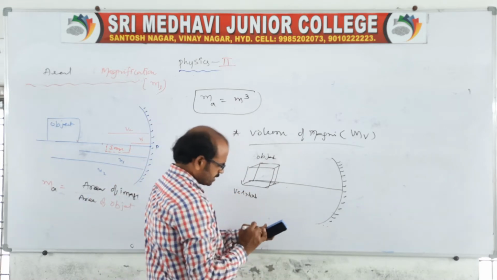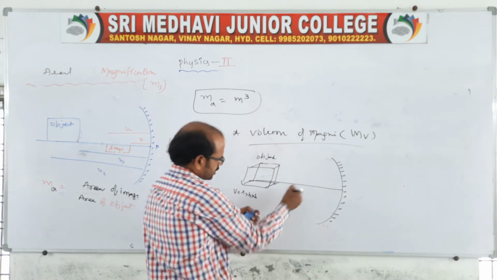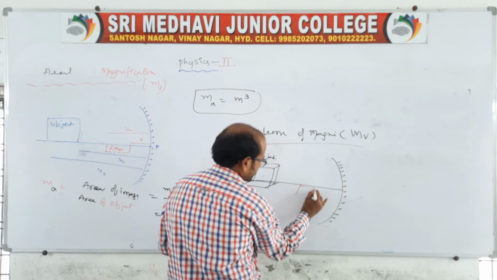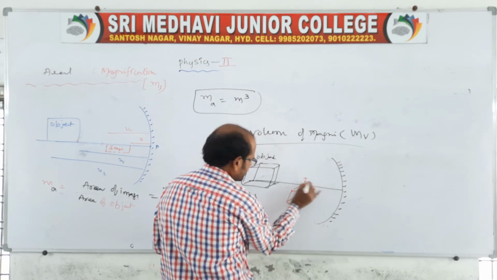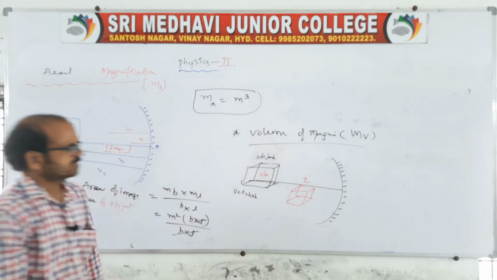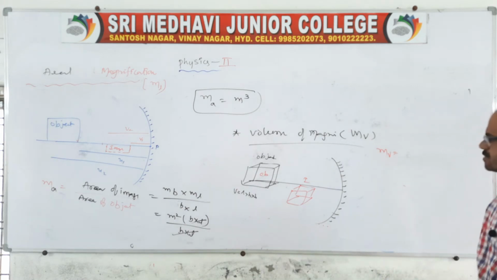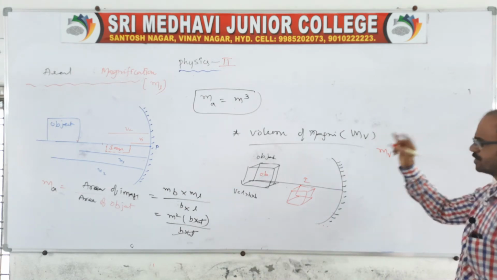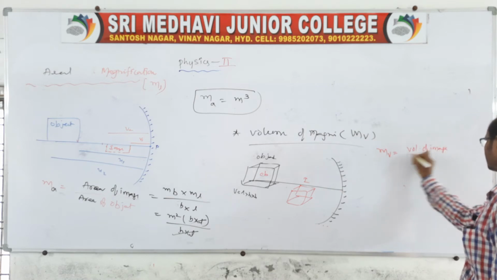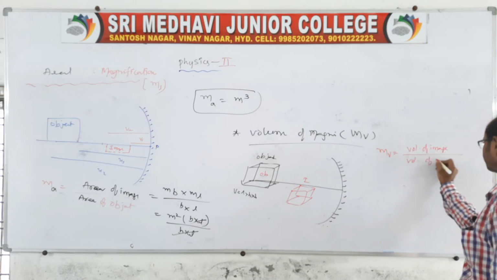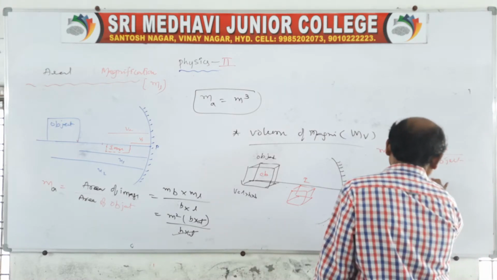Like the image will be real and inverted image will form, which may be in the bottom or in the downward you take. Again you draw the same situation, maybe image will form like this. It is an image, it is an object. Yes, the volume magnification mv is equal to, very simple, volume of the image by volume of the object. So that finally we can write mv is equal to m power 4.